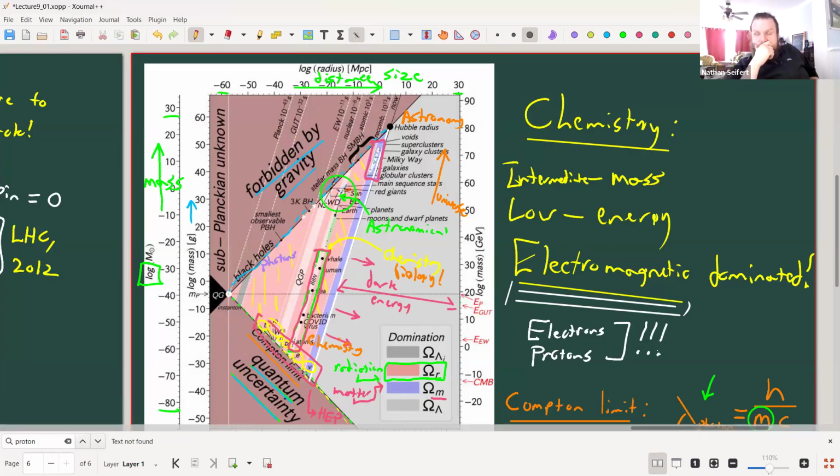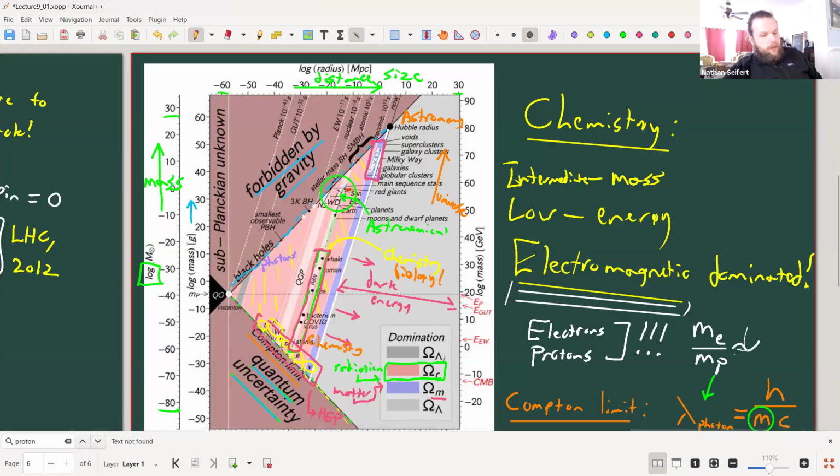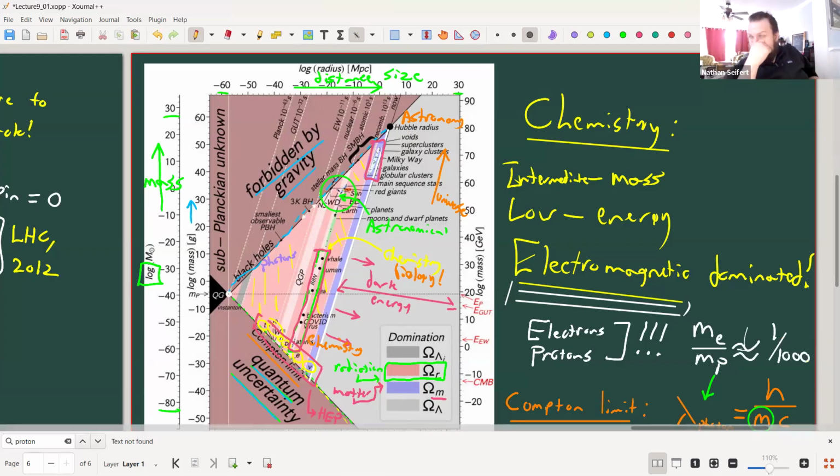The final thing that we need to consider, my final statement, is how do they interact with each other, electrons and protons? They interact through the charge, but the important thing about them is they have a massive mass difference. And this is the thing that we're going to have to start exploring when we talk about molecules. If we take the mass of the electron and we take the mass of the proton, what we find is that they're about a 1 in 1,000th apart, about 1,000th of the size. And so the protons are really, really fat compared to the electrons.